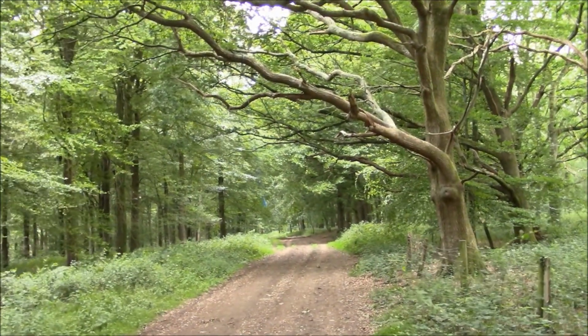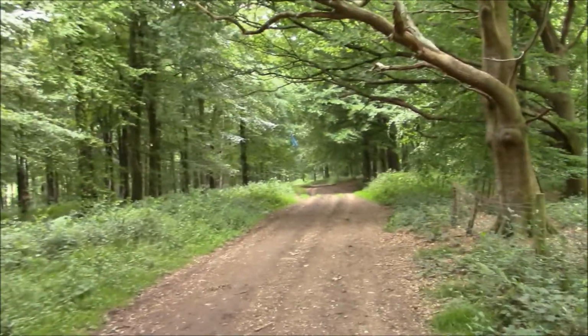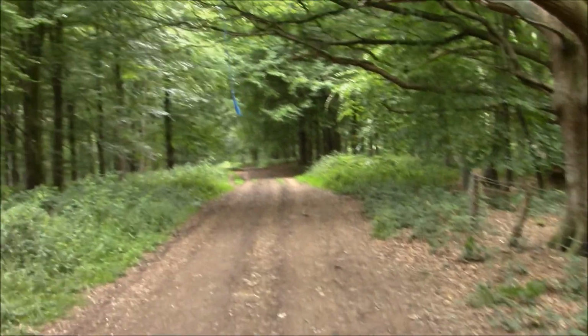Well, it looks like we found the hanging tree, so not quite sure why someone would think it would be a good idea to build a rope swing right in the middle of a footpath, but